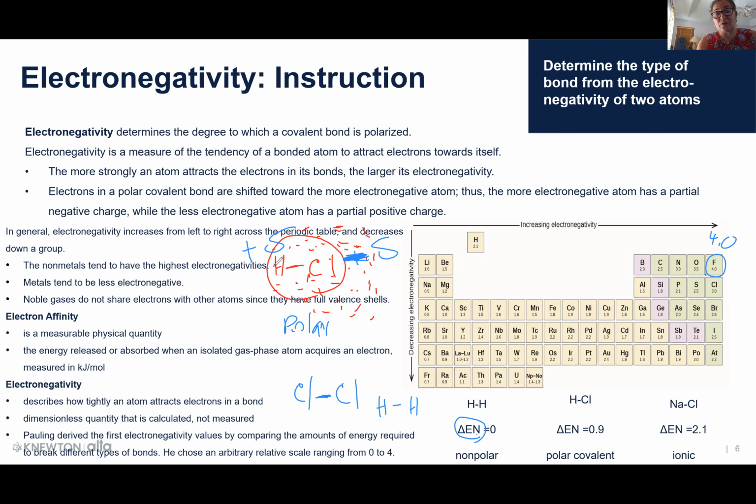But if you have an electronegativity difference, like for HCl, the difference is 0.9, and that's higher than 0.4, so it is a polar bond. If the difference in electronegativity is greater than 0.4, it is polar. If it's between 0 and 0.4, it is non-polar. And if it is more than 1.7, it is going to be ionic. So for NaCl, because it is